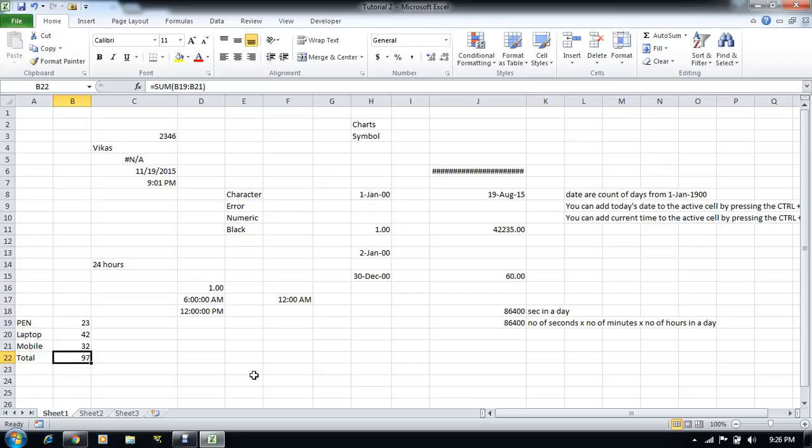And whenever we want to add the formula, we start with the equals to sign, then we type the formula name, then we start the brackets, then we give the parameters or the range to the Excel formula which we are using.